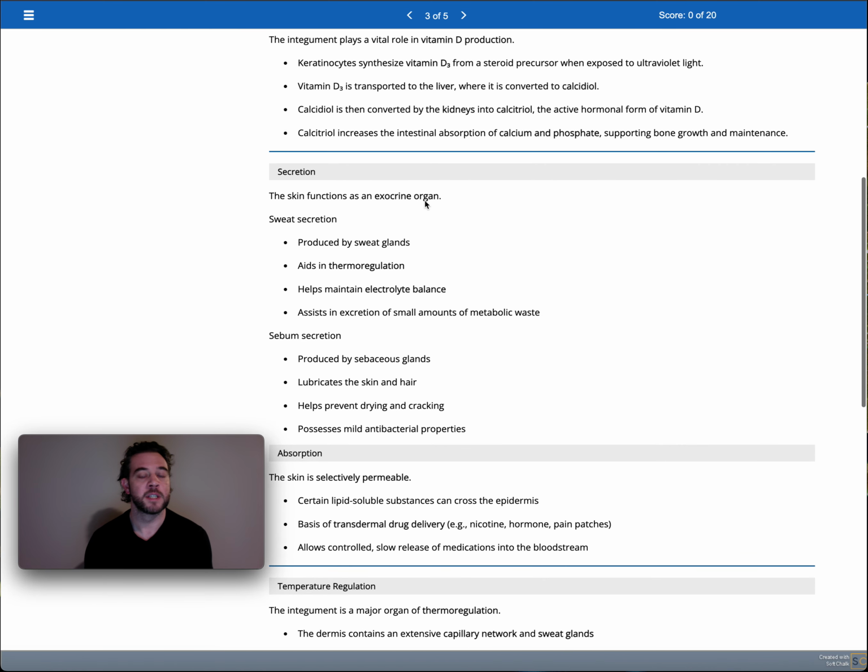It also acts as secretion and absorption. There is some that does happen. So secretion, some of the main things are sweat. Sweat is mostly water with a little bit of electrolytes. Sorry, my brain wasn't really thinking about that. No real toxins though. We lose some metabolic waste, some urea gets lost through our skin, but you do not